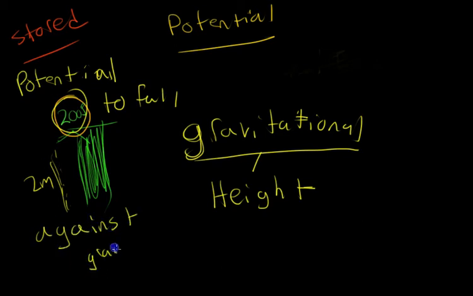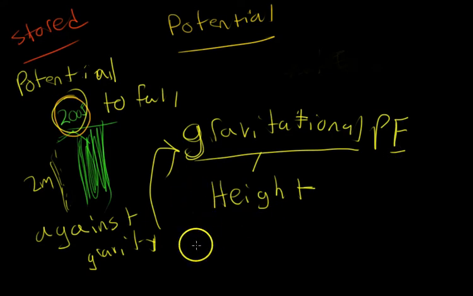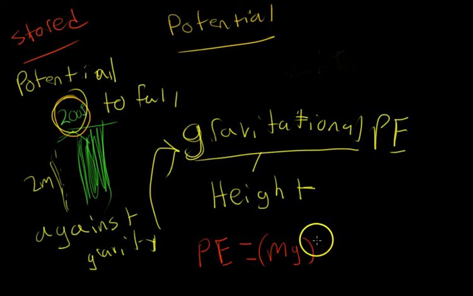Against gravity, right? When something is lifted against gravity, it gets gravitational potential energy, gravitational PE, okay? So that's really cool. So then now we have an equation for that. Gravitational potential energy is equal to the weight times the height of an object. So it's kind of long, so I'm going to abbreviate it like they do: PE, potential energy, is equal to mg times h, where mg equals weight